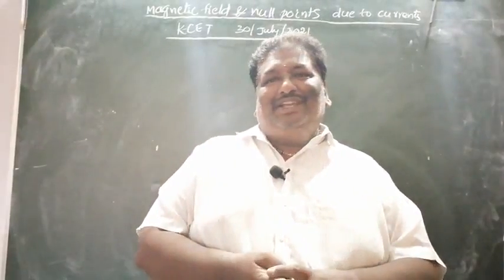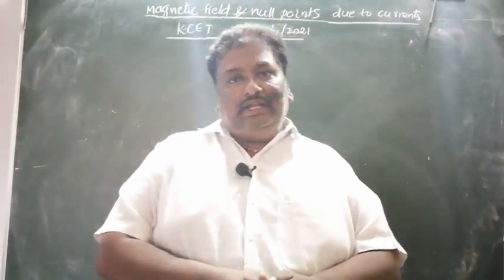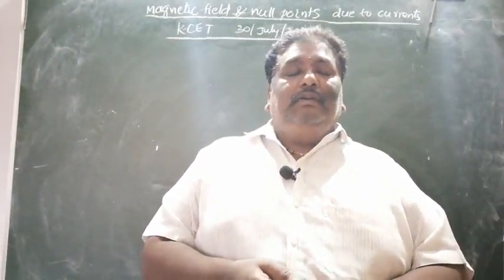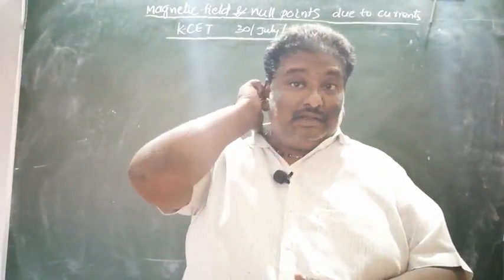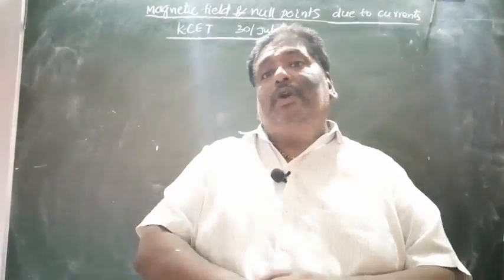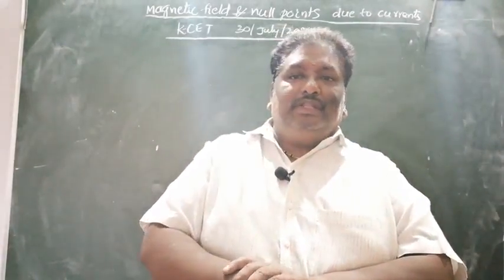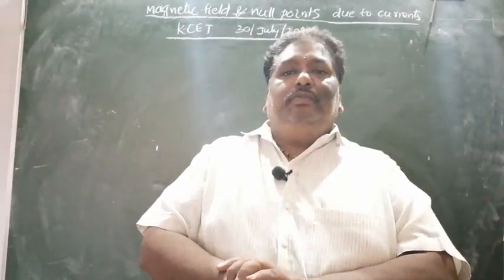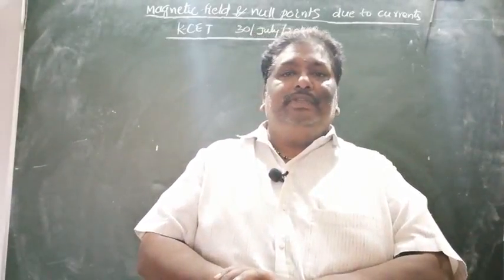Hi children, we are discussing moving charge and magnetism. In it, three types of model questions may be asked in the final case set. One is on Biot-Savart law or Ampere's law and null points formed by the magnetic field. Another question may be force between the conductors or torque acting on a coil. And the last question is on moving coil galvanometer, ammeter, voltmeter. Questions may be set based on those.